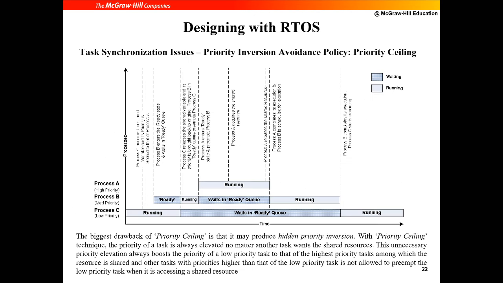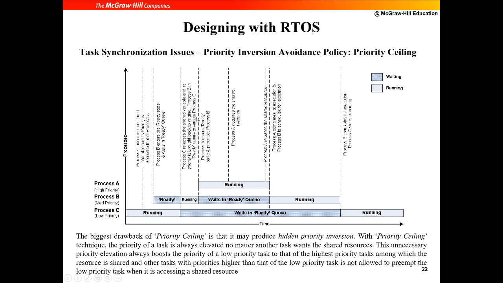Now similarly, you have another thing. It's a very similar approach. It's called priority ceiling. In this, you put a ceiling, like you give a priority to the printer. You say the printer has priority 1, top priority. Now anybody who uses the printer will get priority 1, even though process C is a low priority process. If it wants the printer, it will take the priority of the printer, which is 1. So for a brief amount of time, process C will become a priority 1 job. After it uses the printer, it doesn't need the printer, and it will be back to its low priority mode.